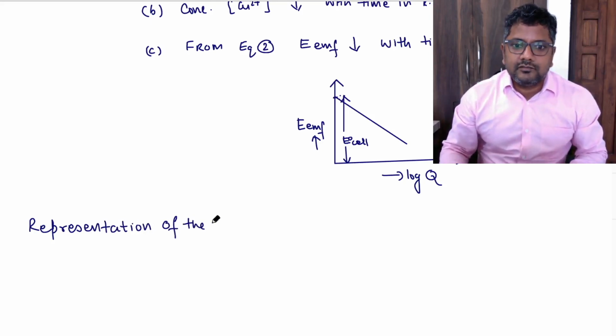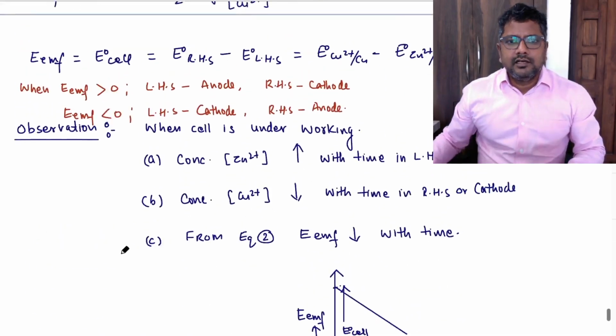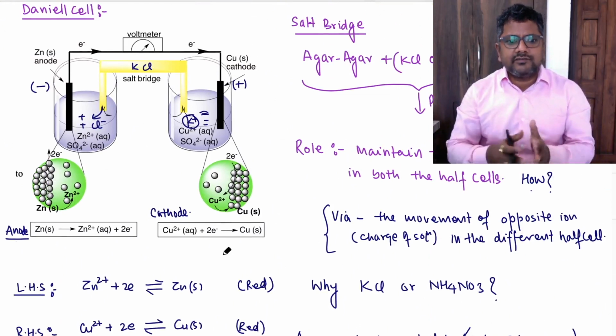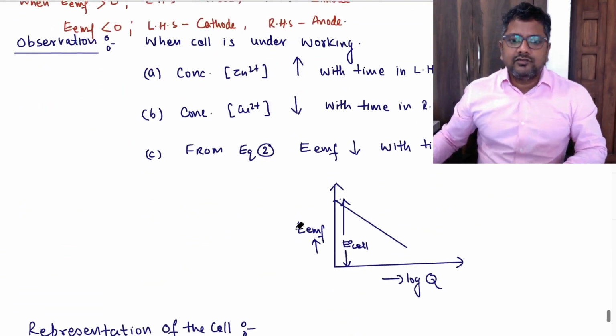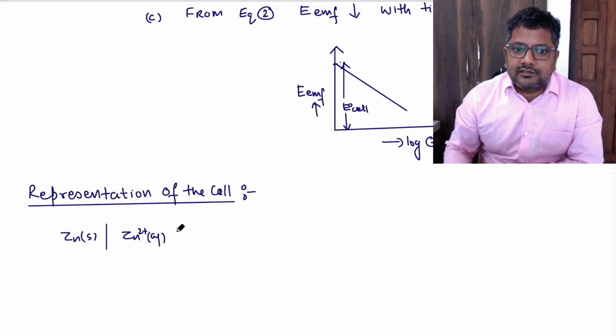Representation of the cell. In the same manner as it is shown here, from left to right. So LHS, that's why it is LHS, left hand side. Zinc is the LHS and this is the RHS. So you have to write like this: zinc solid, Zn2+ aqueous, some concentration C molar, and two vertical lines